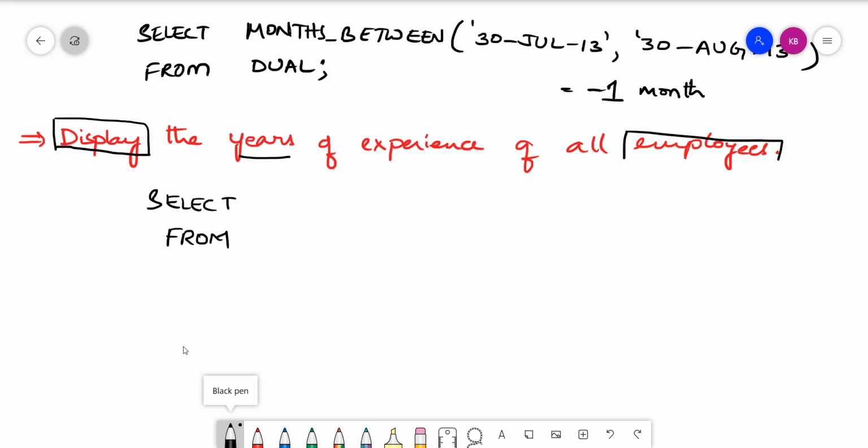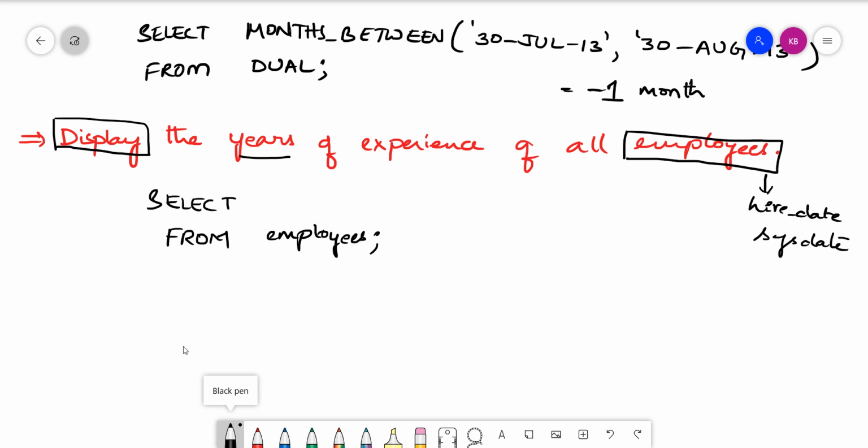From which table do we want to retrieve the data? From the employees table. So here I am writing employees. What I wanted to have is the years of experience. In the employees table we have an attribute called hire_date, and to obtain the current date we have a pseudo column called sysdate.